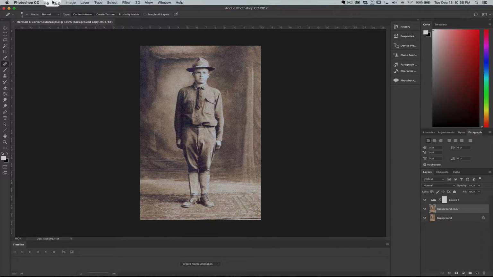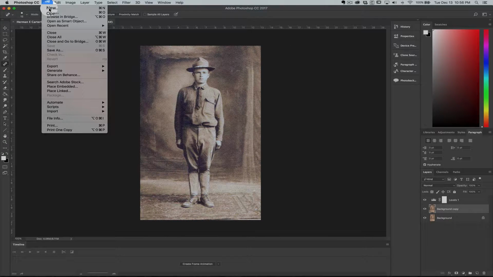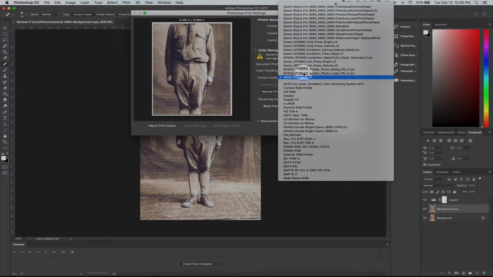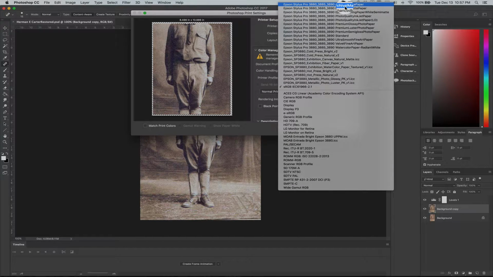And if I want to print it, all I've got to do is go File, Print, and you can see that in this case I'm going to print it out to my Epson printer, large format printer. I want to make sure that it's on an 8.5 by 11 printer. I'm going to change this to Photoshop Manages Colors, and my printer profile, I'm going to use an archival matte paper,